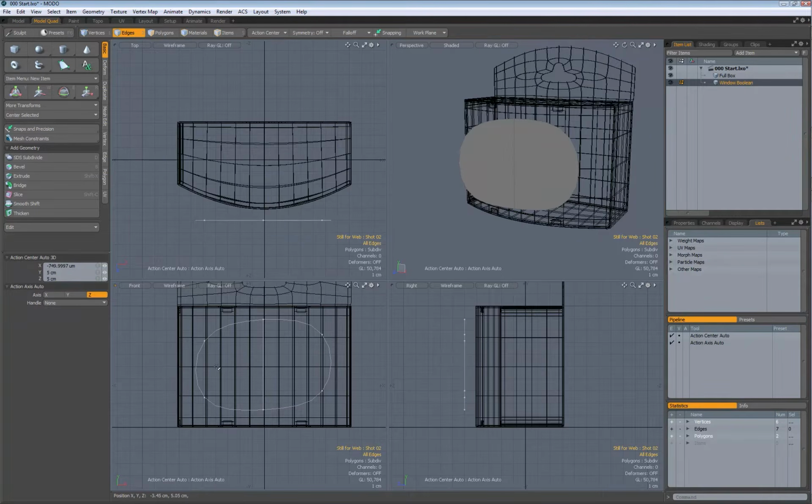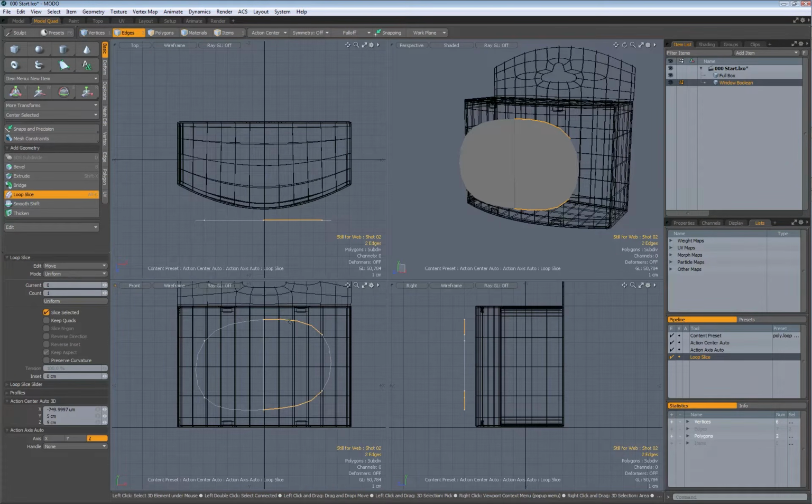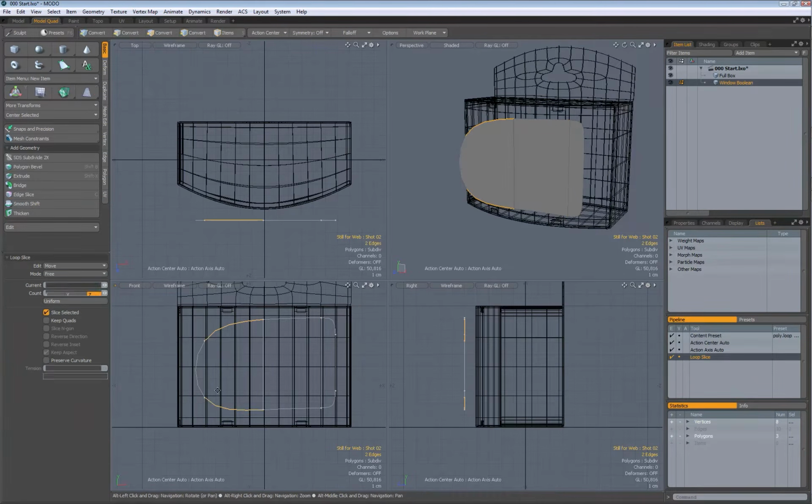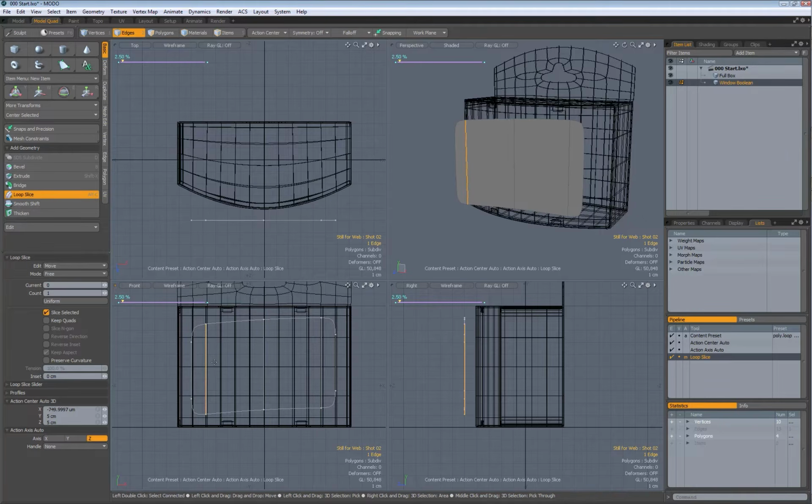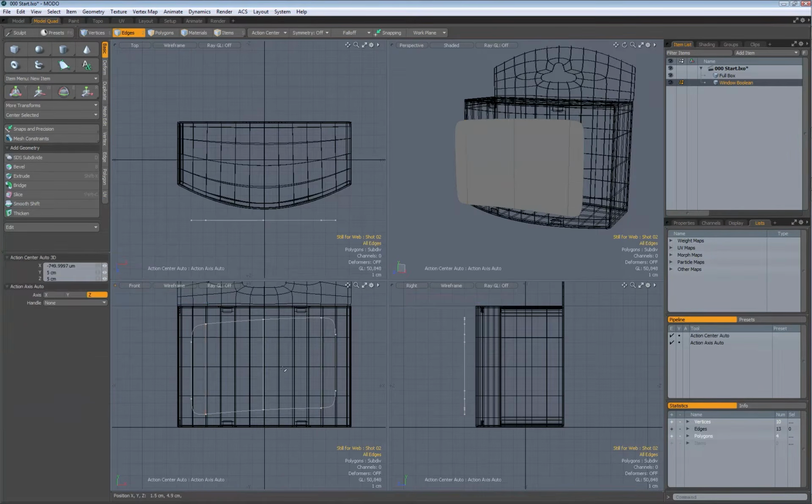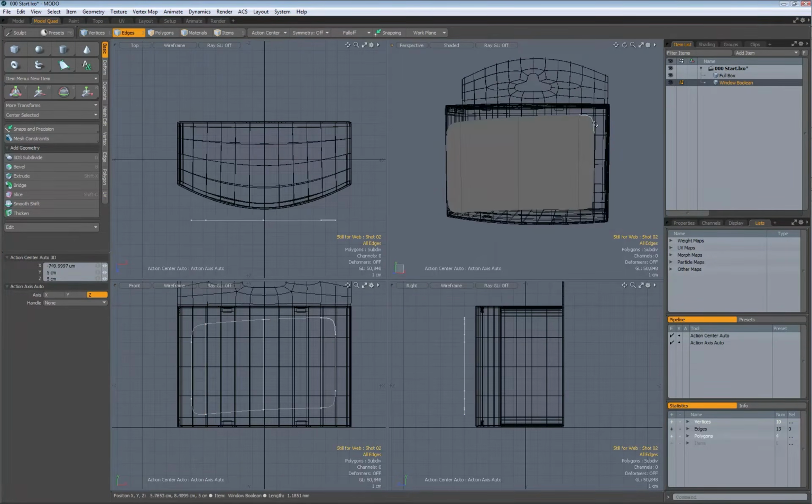Now let's hit tab to subdivide the mesh. And what we want to do is sharpen those edges along there. And I'm going to use the same tool, the loop slice tool. So Alt-C on the keyboard. And for this, I actually want to change this to free mode. And we'll change this to about 2% or so. The opposite side as well, 2%. And I want to keep these edges somewhat rounded just like this,